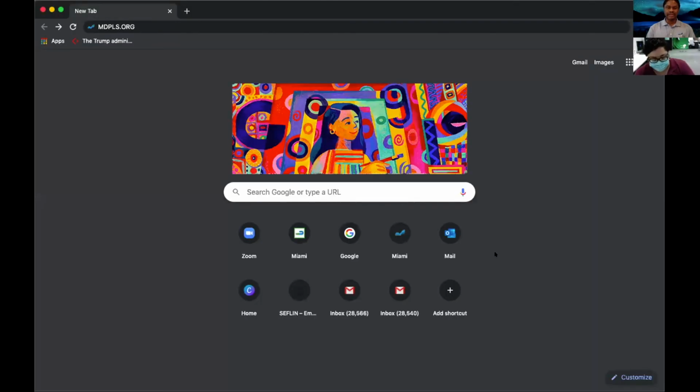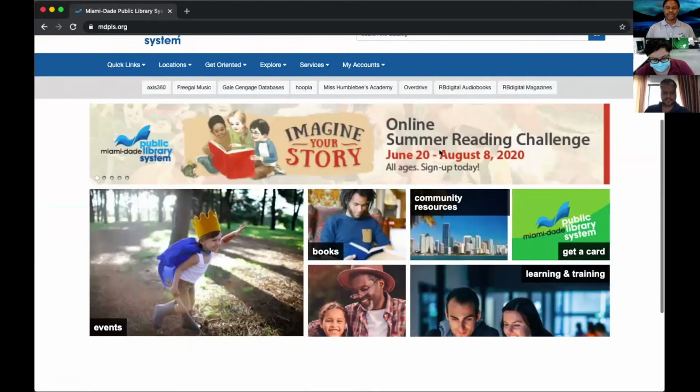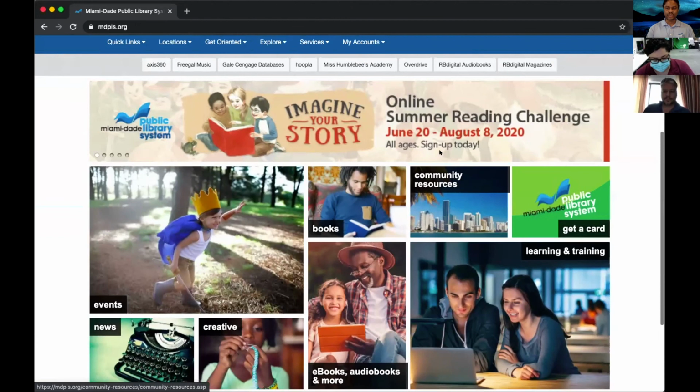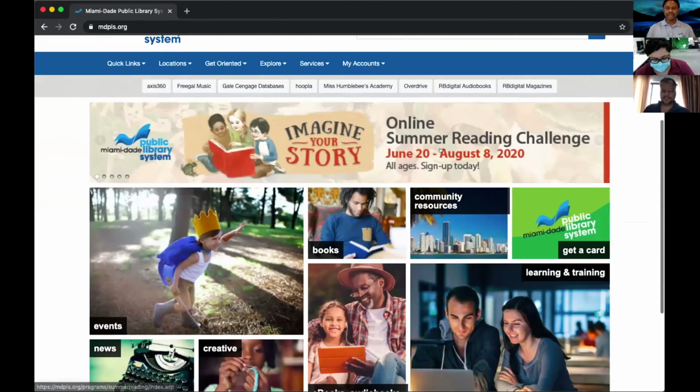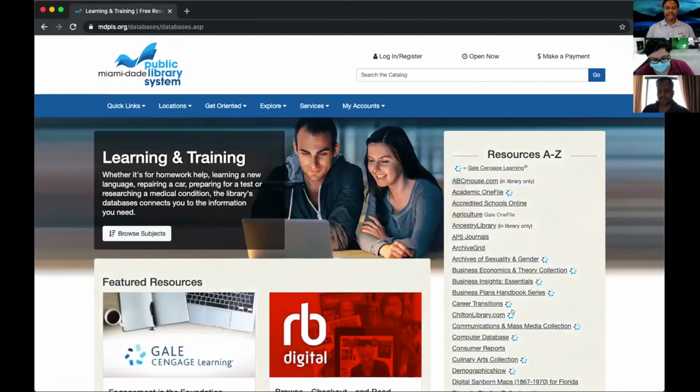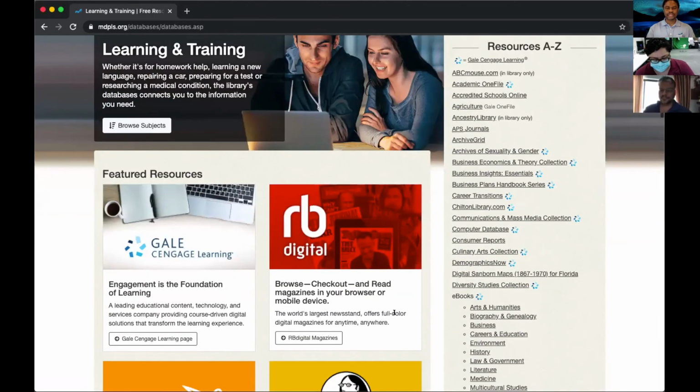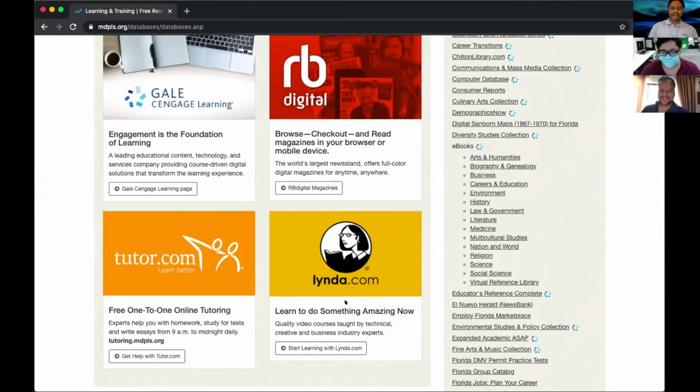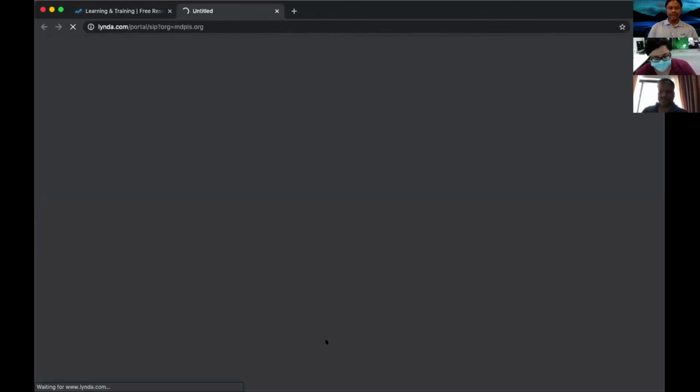Yeah, so here's our library's website, mdpls.org, right? And if you go to Miami-Dade Public Library System, I know someone said they're in Miami, so you probably already have a library card. And you go to our website, and you can access a bunch of really cool training tools by going to the home page, going right here to Learning and Training, right? And when you drop down a little bit, you'll see lynda.com. But if you click on Start Learning with Lynda right there, if you're in Miami and you have a library card,